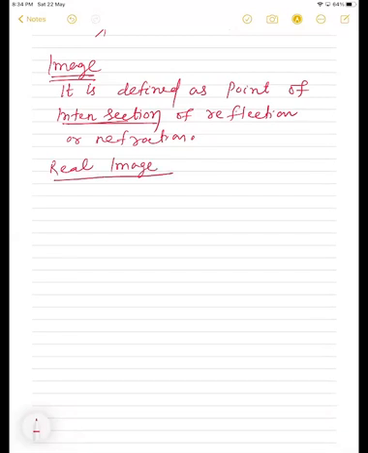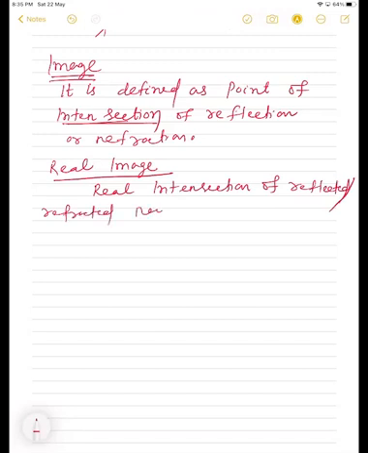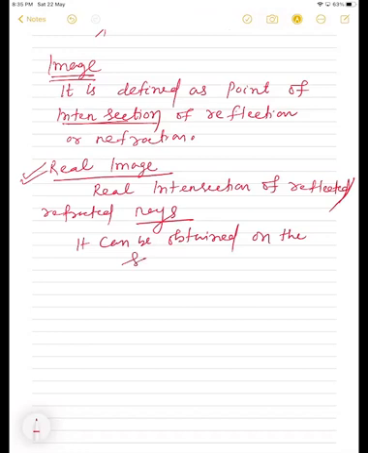रियल इमेज क्या होता है? Due to the real intersection of reflected rays, yes या no। Real image is formed due to the real intersection of reflected or refracted rays, correct, that is known as real image। और सबसे इसकी खासियत क्या है कि रियल इमेज जो होता है it can be obtained on the screen, ठीक है, correct। और ये हमेशा इन्वर्टेड होता है, कैसा होता है ये? It is always inverted, है ना, करेक्ट।